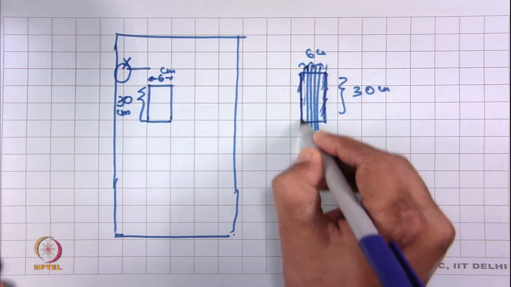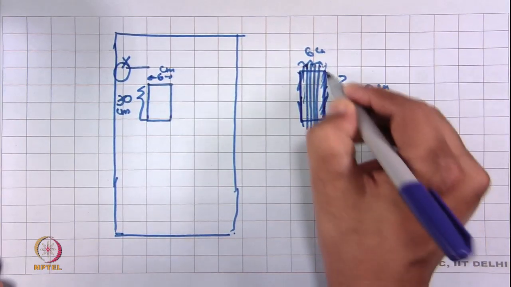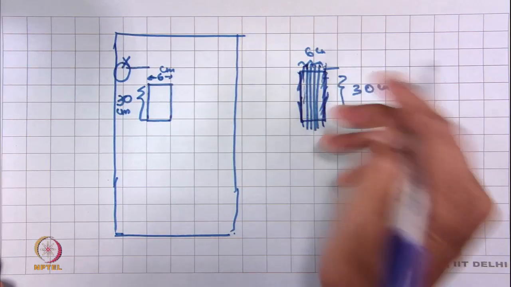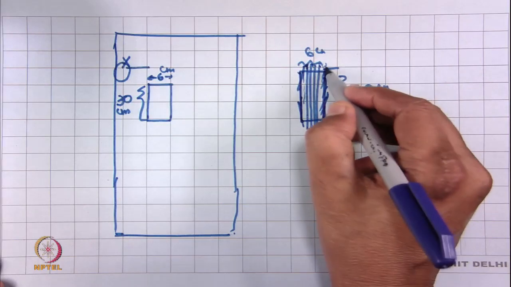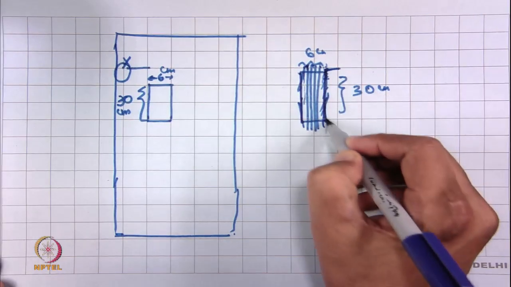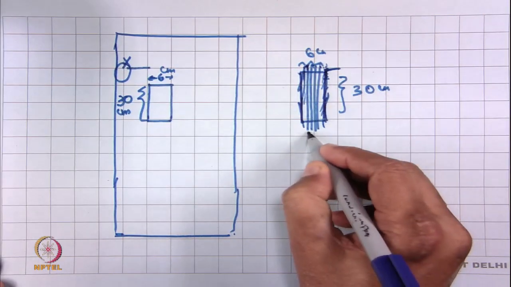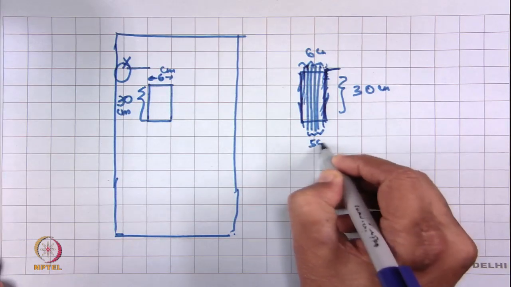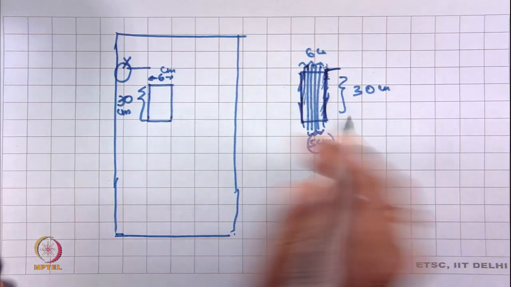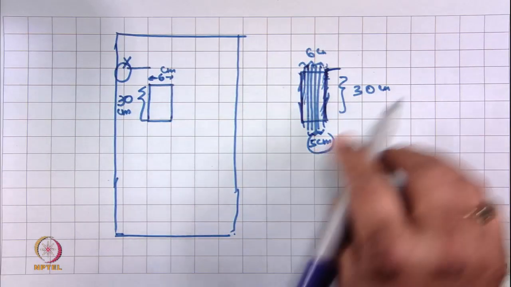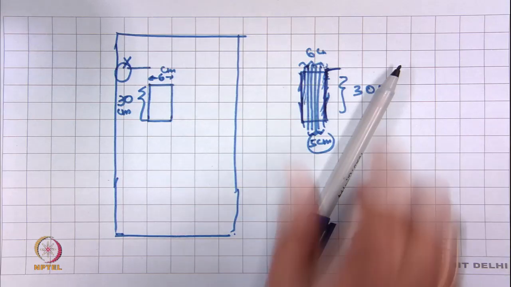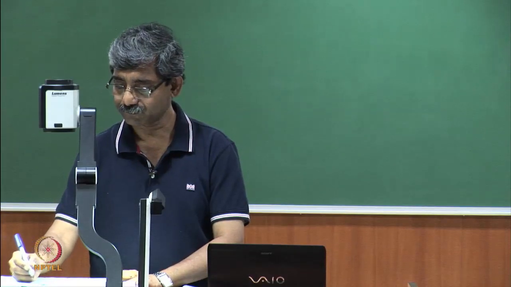So, we try to fray out the edge yarns, to bring the width down to 5 centimeter. So, we are fraying out from both the sides to bring it ultimately to 5 centimeter, and also